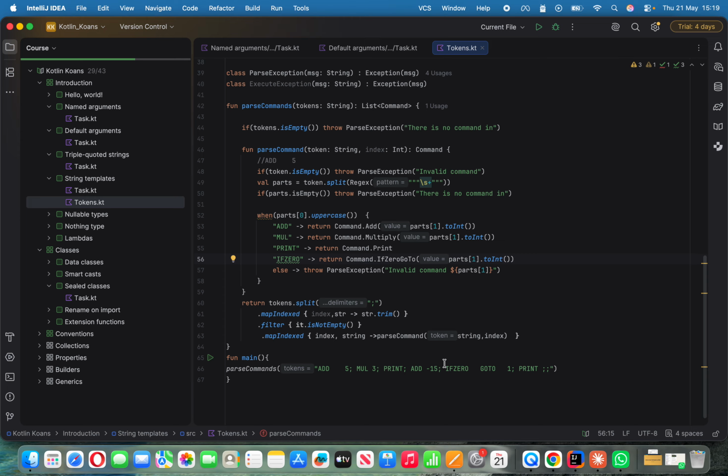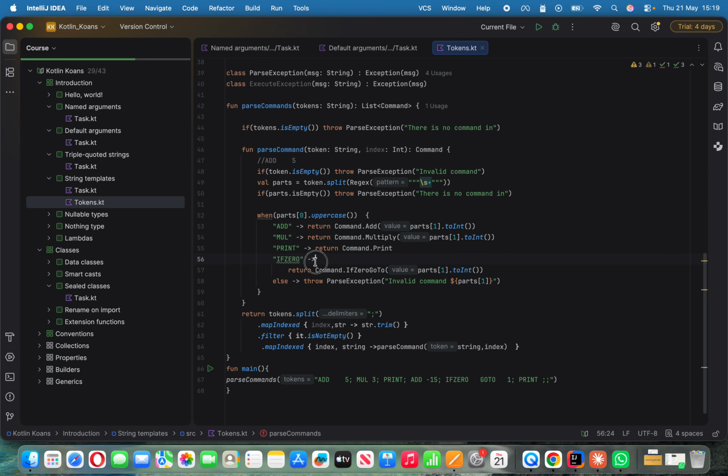So now we go back into if 0. In that case we have to make sure it has three parts, because it has if 0, go to, and 1. So let's check if 0,